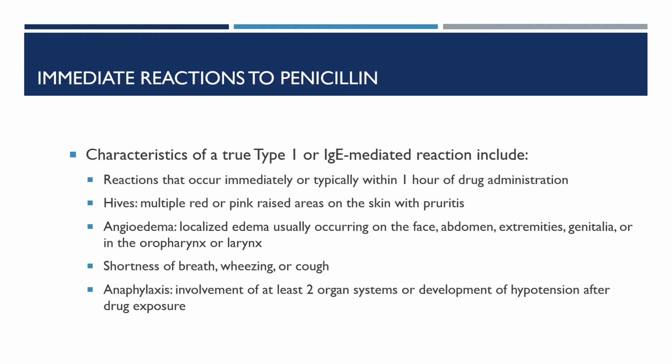So what do the characteristics of a true type 1 or IgE-mediated reaction look like? Well, these reactions occur usually immediately or within 1 hour of administration of the drug. Patients may present with hives, so that includes red or pink raised areas on the skin, usually associated with itching. Patients may also present with angioedema, so this looks like that localized swelling that can occur in several different parts of the body. Patients also may experience shortness of breath, wheezing, or cough. And lastly, they may experience anaphylaxis, which involves at least 2 organ systems, or the development of hypotension after drug